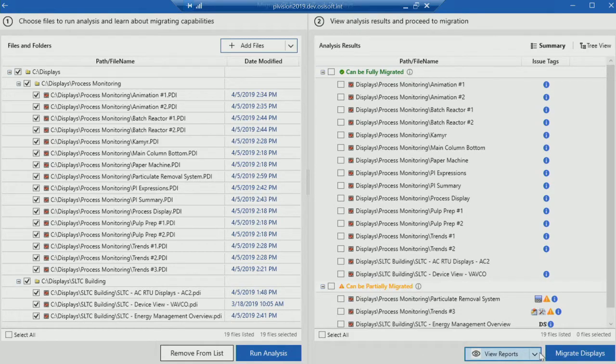So what we're going to do is provide reports. And we have one report called the analysis report. This is where you'll go to see more detailed information. Display by display, symbol by symbol, this report will enumerate any informational or warning message associated with any symbol in any of the displays that you've analyzed. So this is where you'll see